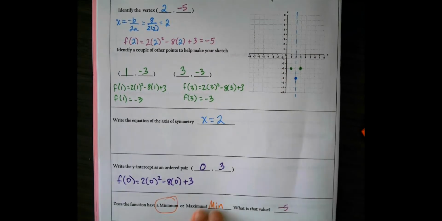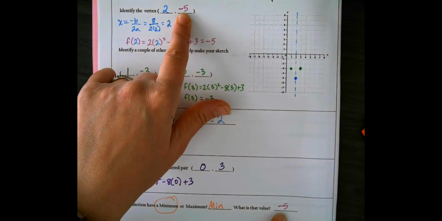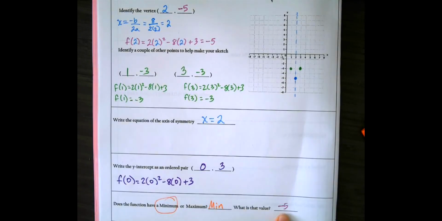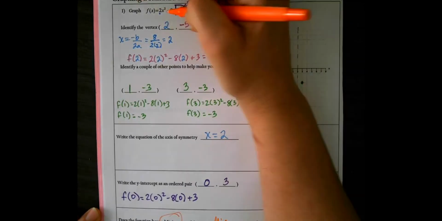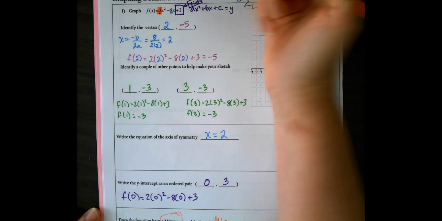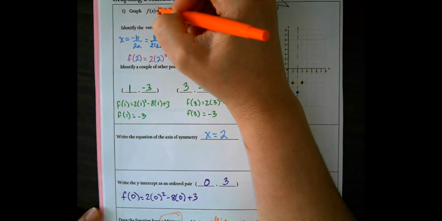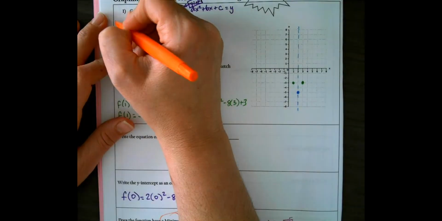So from here on out, you're always going to know that this y value of your vertex is always going to be the value of either your max or your min. No other point would be it. The shortcut way of figuring out if it's a minimum or maximum without looking at the graph is we look at our leading coefficient. In this case, it's a 2. What's important about that is that it is positive,